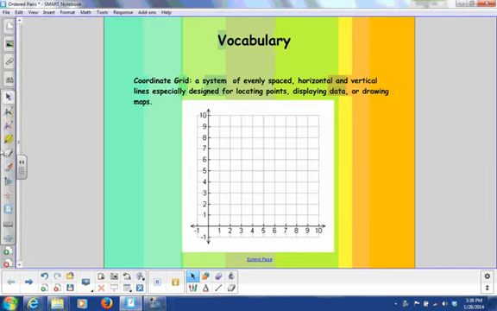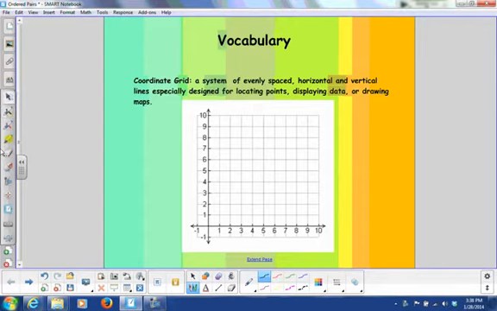Okay, so for tonight, we're going to be looking at graphing ordered pairs. This is some of the vocabulary for that. First thing you need to know is a coordinate grid. A coordinate grid is a system of evenly spaced horizontal and vertical lines, specially designed for locating points, displaying data, or drawing maps. So that would be this right here